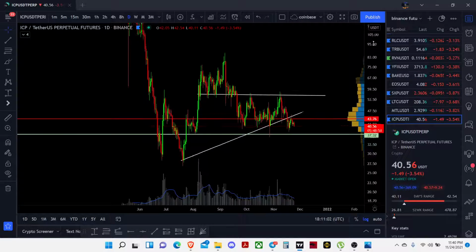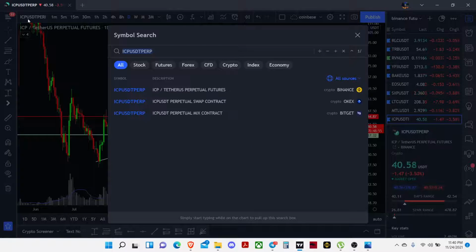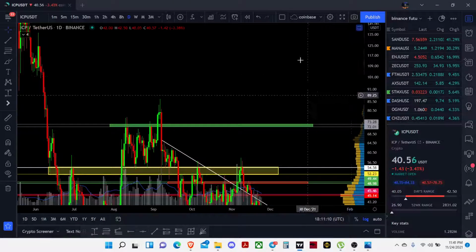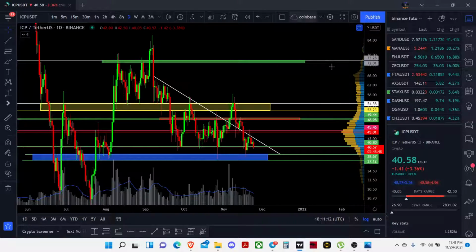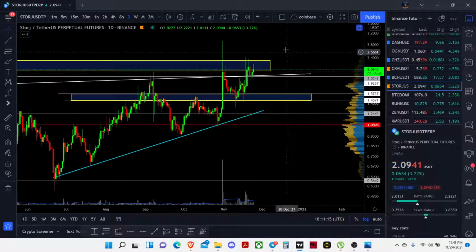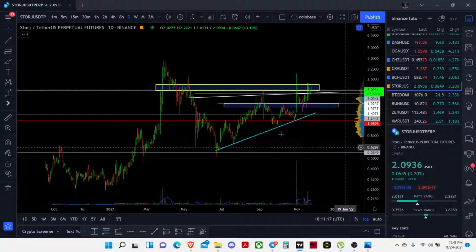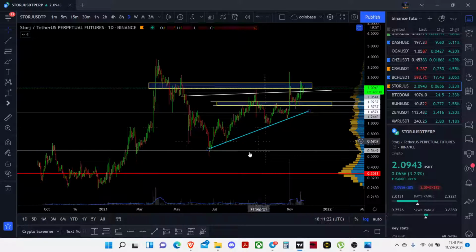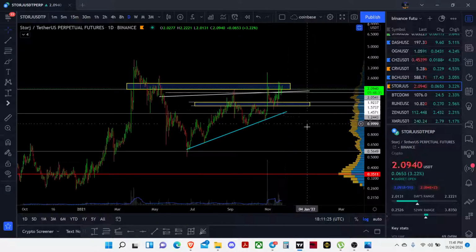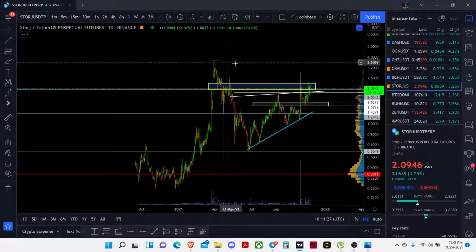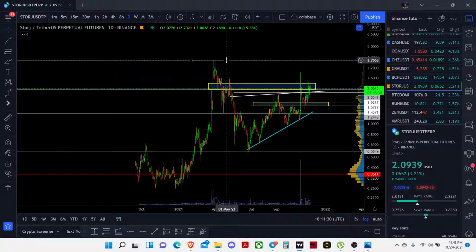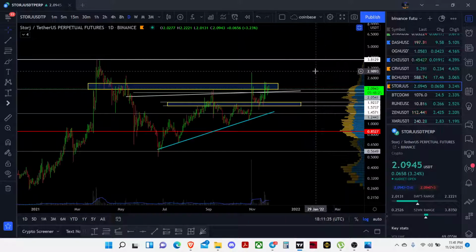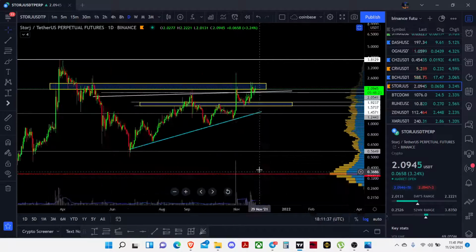And one more thing, this ICP. Guys, look at this ICP. I have a good chart of it on the spot. This thing is consolidating between this level and the storage. Look at this. This is the third wave which was made over here, and the fifth wave is about to be made. The fifth wave would definitely be above this line. So that's why the storage can go to $3 again one more time. That's why it's a good opportunity.